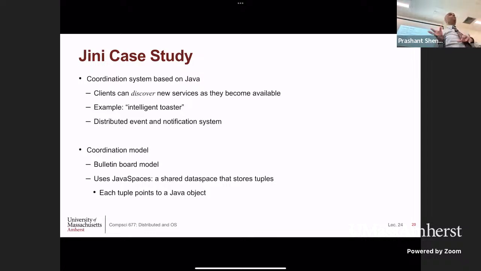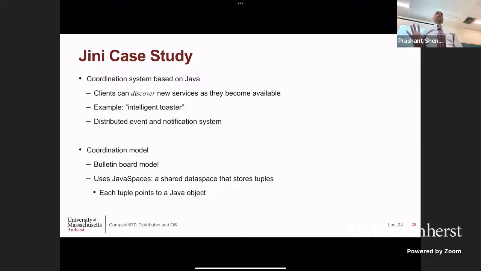Now, it so happens that if you use a Mac, you will see that there are all kinds of shared services your Mac seems to discover, like shared iTunes libraries and all kinds of things. That is actually done using zero configuration, but it uses a broadcast-based approach. There is no bulletin board in that case. There's a service that Apple has, which is called Bonjour. Essentially, these services just send hello messages to everyone else and advertise themselves. But this is more efficient because you're not sending messages all the time over the network. So that's an example